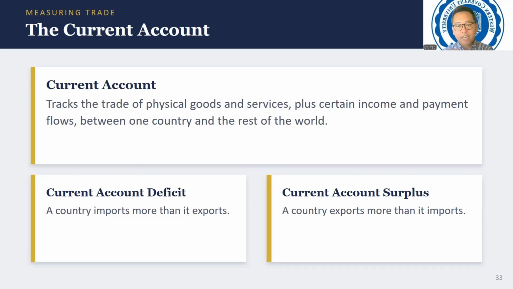Remember, a deficit is not automatically bad, and a surplus is not automatically good. It depends on the full economic picture of that country. A country can run a deficit for years while still growing strongly, if foreign investors are happy to keep sending money into that country through the financial account instead.